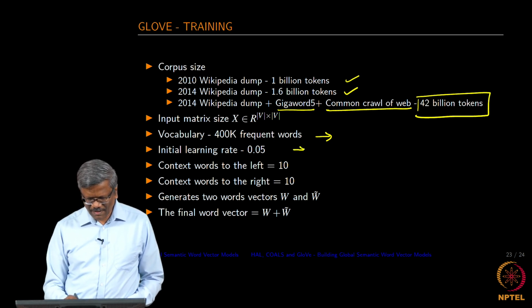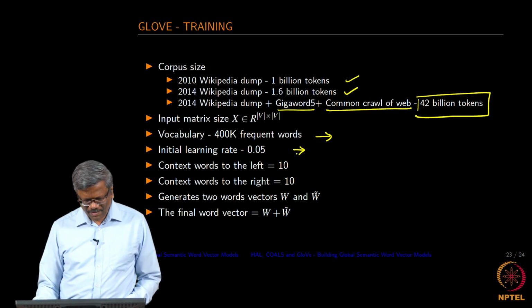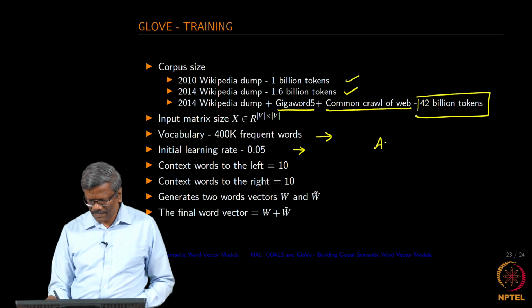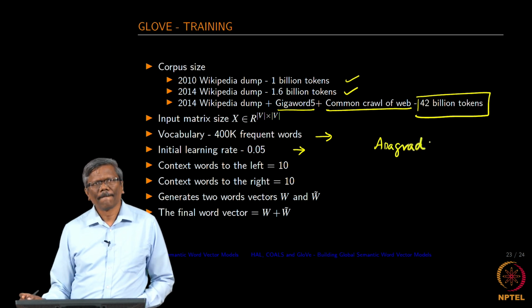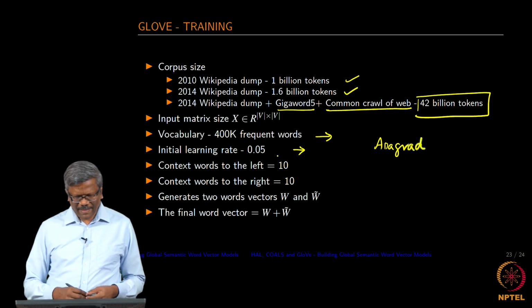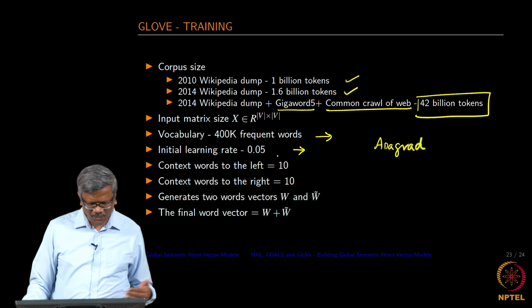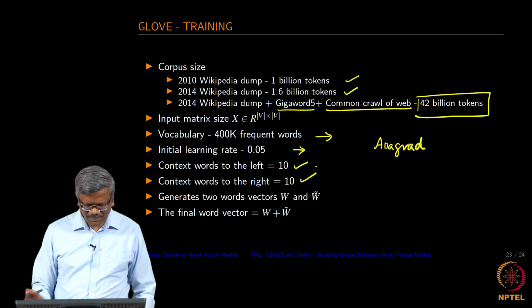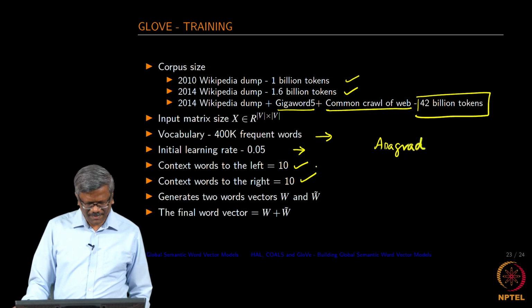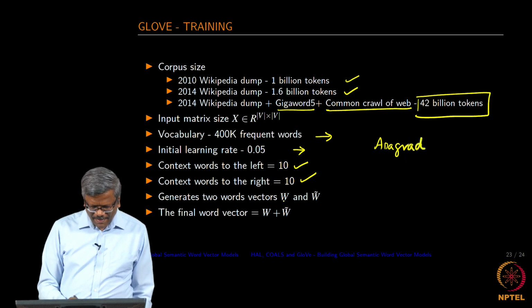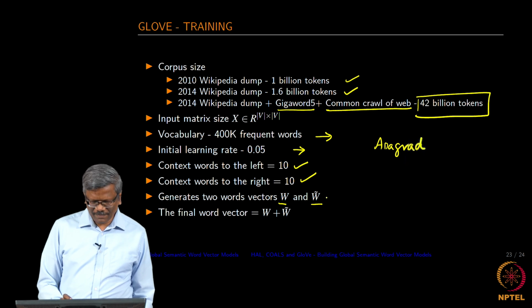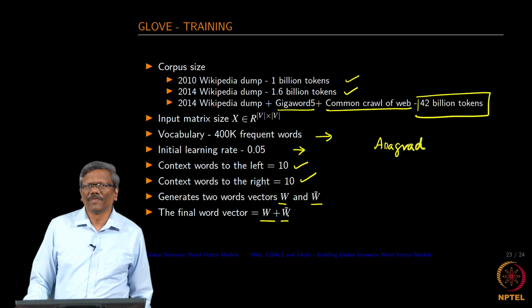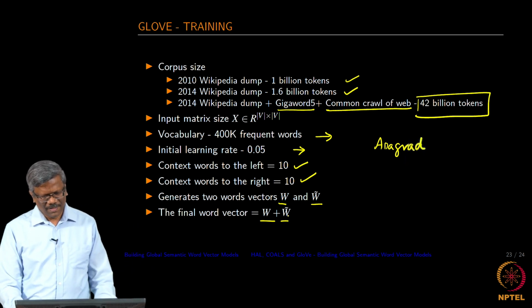They started with an initial value of 0.05 as the learning rate, and then they used AdaGrad as a mechanism to change the learning rate as they move along. And then the context words to the left are considered, and the context words to the right also are considered in this case. They get 2 word vectors as in the case of Hal and Cole, and then the final word vector is chosen to be the sum of those 2 vectors. And then